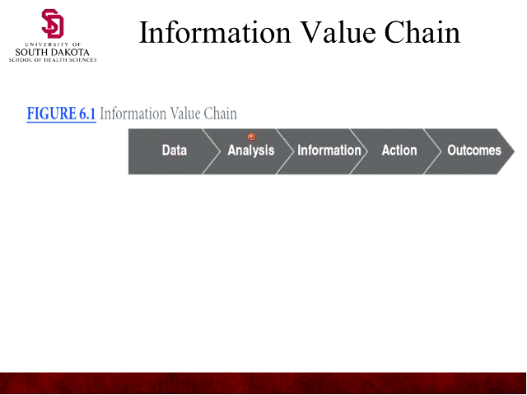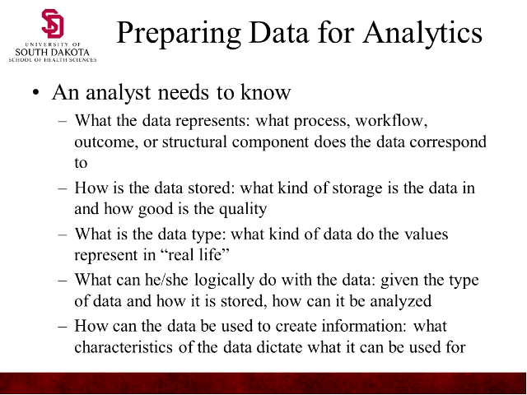We look at the information value chain. Obviously, you start out with data as your basic food group. You have to analyze that data and come up with some usable information. It has to create action, and the action will create the outcome. Now, I always think there's another place way out here, and that is you have to continue to measure when you make this outcome and you make a change. You have to continue to measure way out past that. If you make a change and you don't continue to measure that change for an extended period of time, people revert back to the way it was before because it was usually easier or it's the way they knew. So to make that different, to make that more sustained, you have to continue to measure.